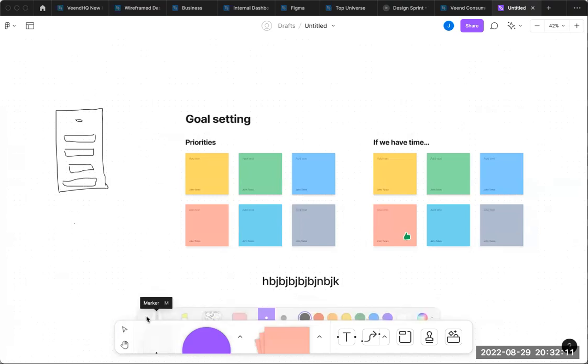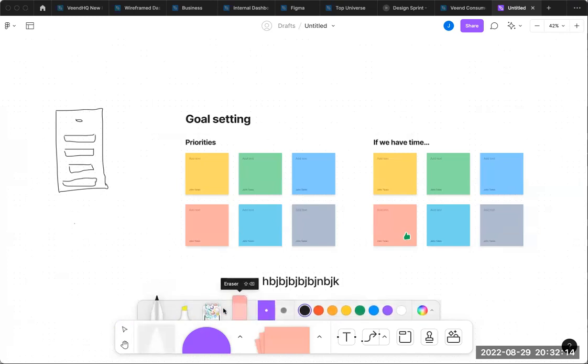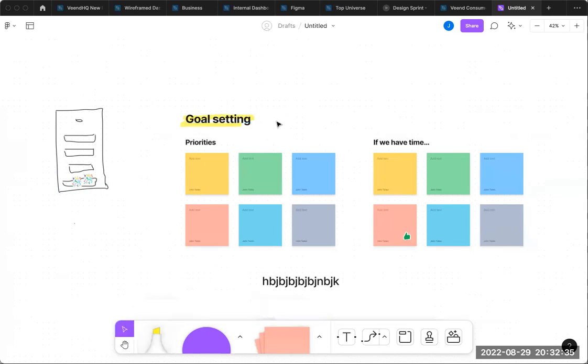So you can see you have a lot of tools that you can work with here. You have eraser, you have the tape, so not everything will be useful to you. You also have a highlighter. Let's say you want to highlight something for everyone to see, just highlight it. You can also change the color of your highlights. So basically, FigJam has a lot of important features that really help you get your work done quickly. You can also use sticker notes, sticker sheets, and yeah, basically that's it. So let's move on straight to the next one.